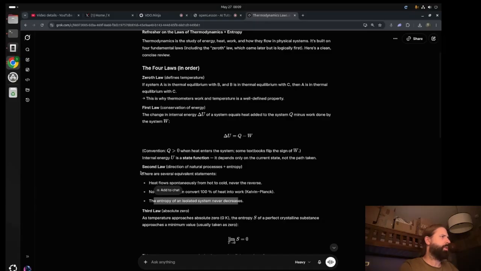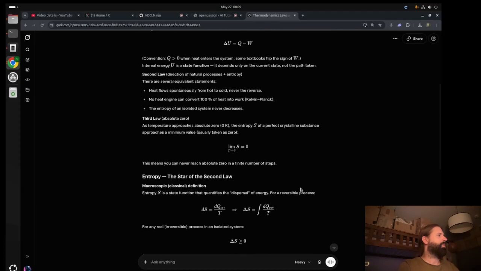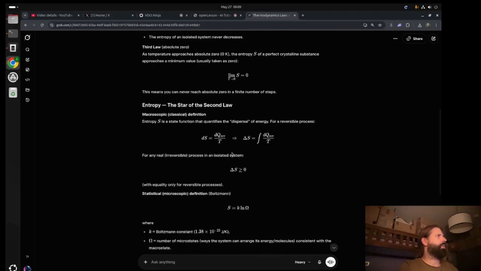I believe there is a third law. As temperature approaches absolute zero, the entropy of a perfect crystalline substance reaches its minimum value. 0 Kelvin is absolute zero. Essentially, the limit of entropy as T approaches zero is zero. So you can never reach absolute zero in a finite number of steps. Entropy is the state function that quantifies the dispersal of energy for a reversible process. For any real irreversible process, yeah, the equality holds for the reversible process,